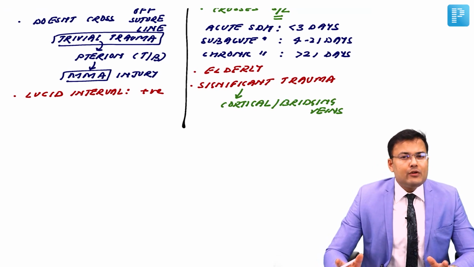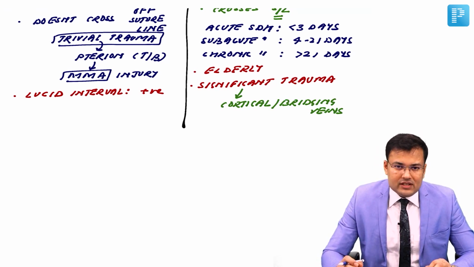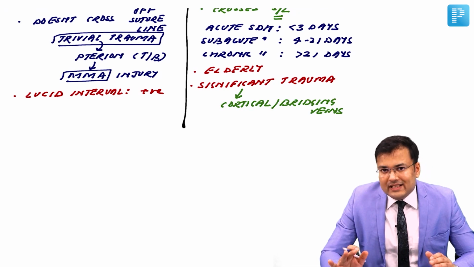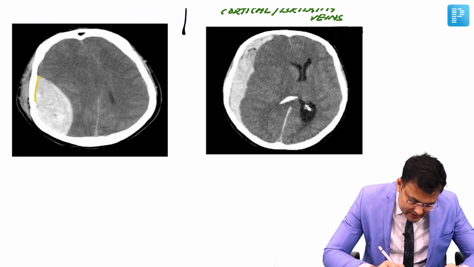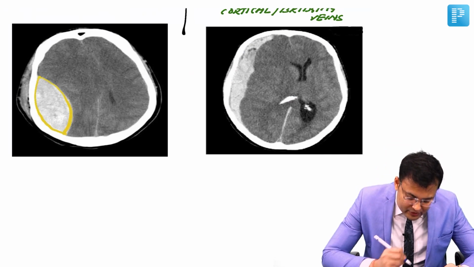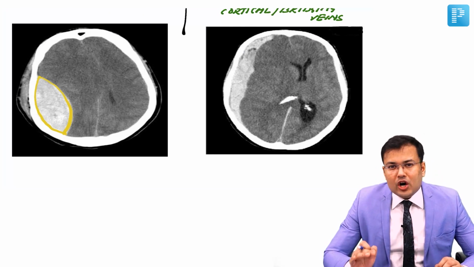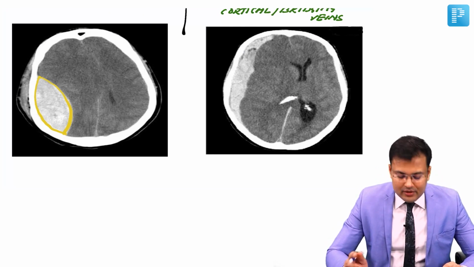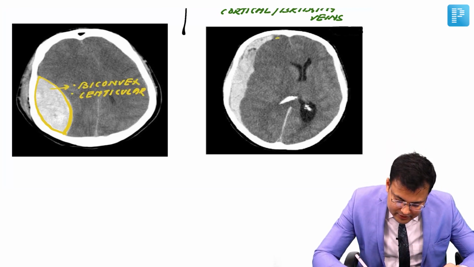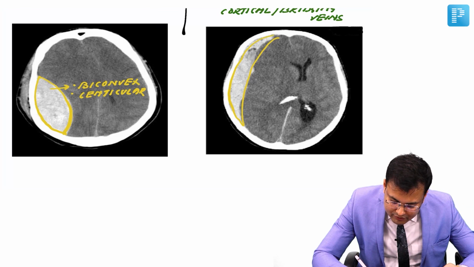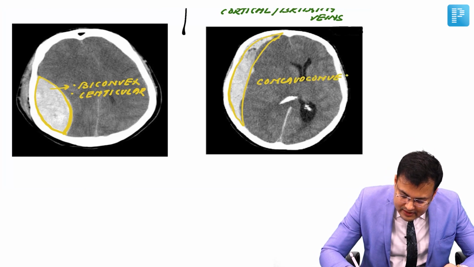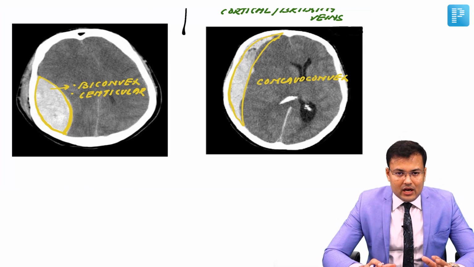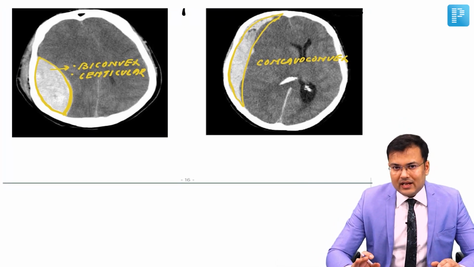Okay. Now how are we going to make the diagnosis? Investigation of choice for diagnosis is NCCT. So we go for NCCT head. Now on NCCT head, in the first picture you can see a hyperdense lesion, and can you see what is the shape? It is biconvex or lenticular shaped. Clear? And in the second one, you can see a concavo-convex hyperdense lesion, right?